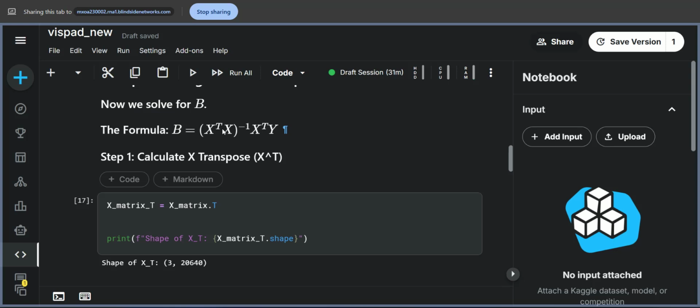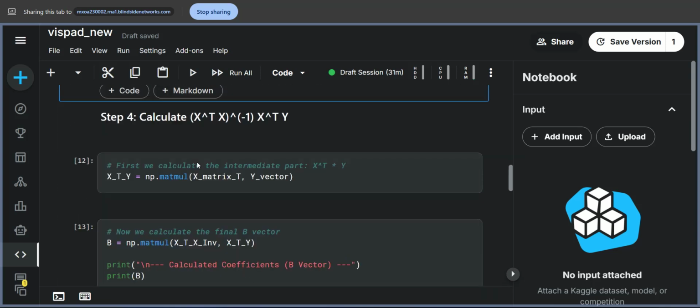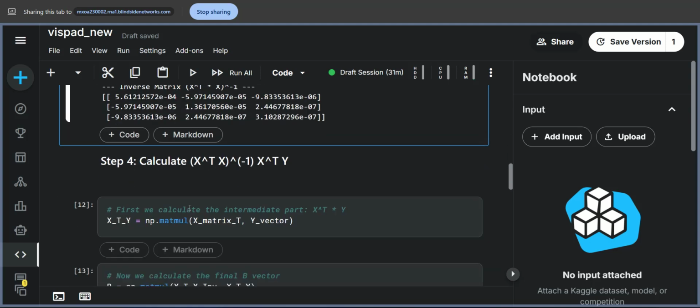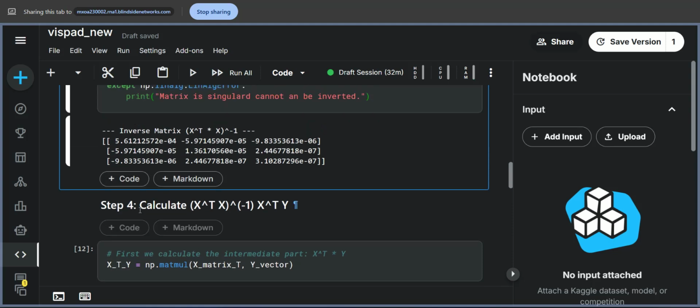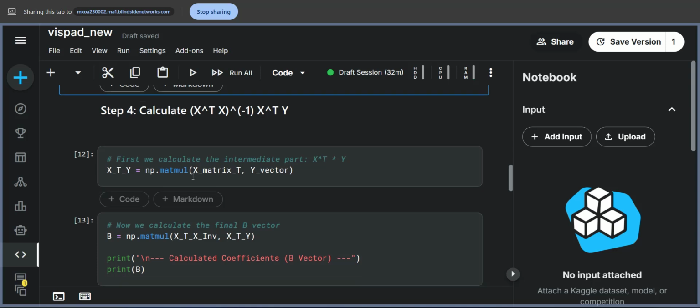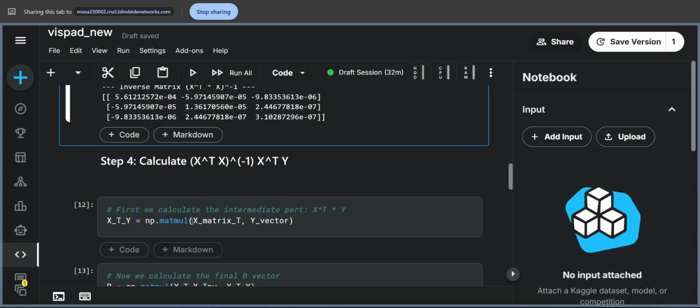So now we have this and we have that. So we are going to multiply, right? So now if we multiply, we are going to get three values over here, because this one, the first one, we are going to get 3 by 3 here in the first one, and the second one you have this x inverse